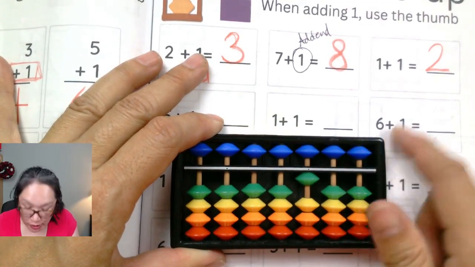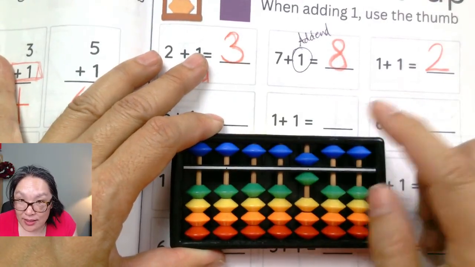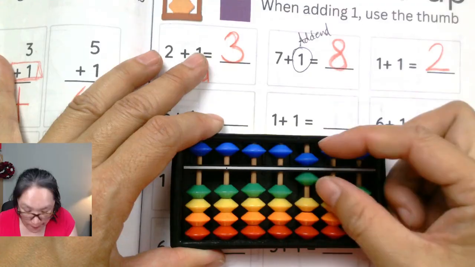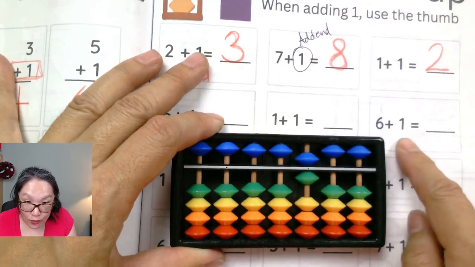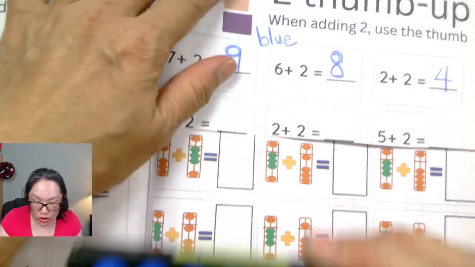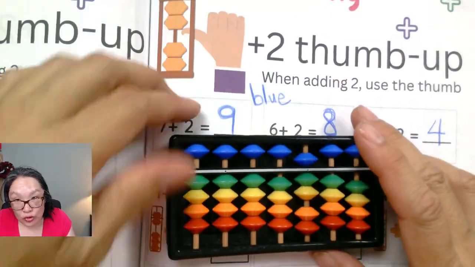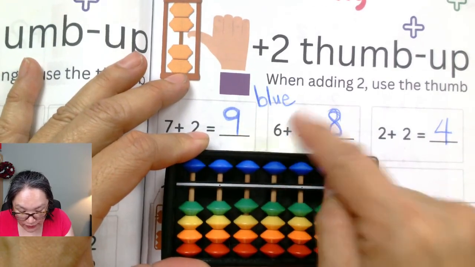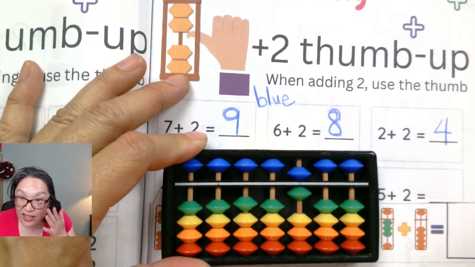So here's my question. If I have 6, how do I know this is 6? This is 6. 5, 6. When I have 6 on my abacus, I want to add 1. I'm going to go to the horizontal bar. Does that make sense? Let me know. So then after 1 is 2. After 2, right? We're going to look at it. I have 6 on the abacus, and now what I want to do is